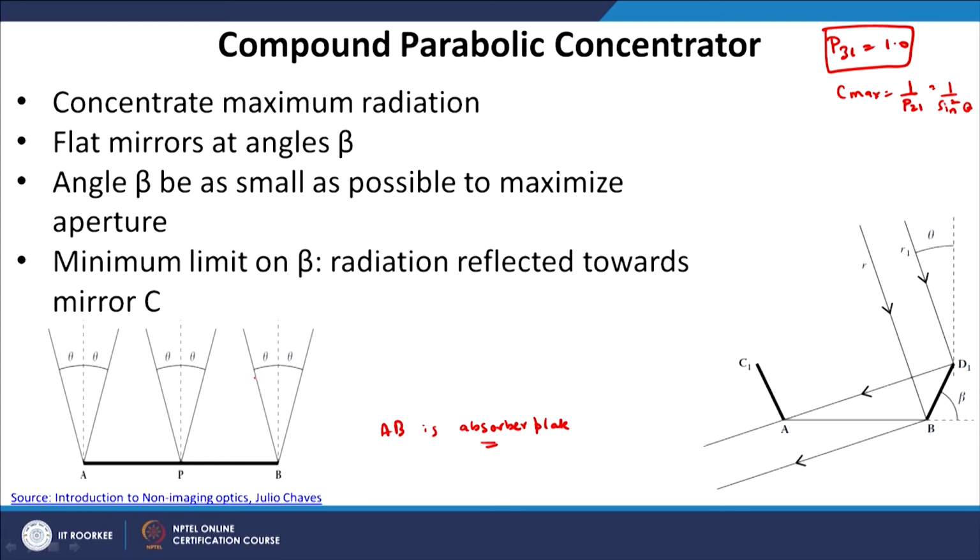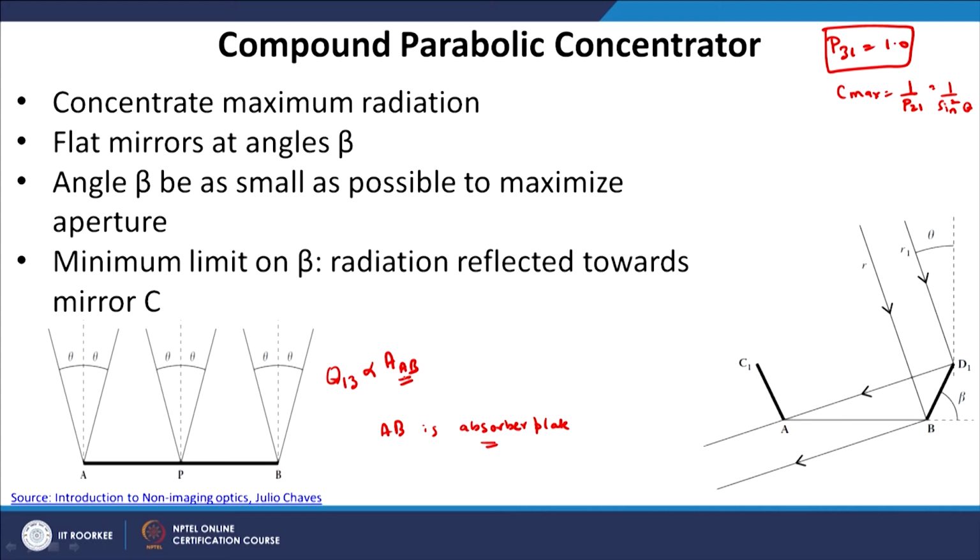Now, how do we maximize it? If we do not use any optics, if we do not use mirrors, then the total amount of radiation received is proportional to the area AB. If we directly expose this to solar radiation, then the total amount of radiation received by this absorber plate is proportional to its own area. So, in this case the irradiation or energy absorbed by this plate Q13 is proportional to the area of the plate AB. Okay. So, this is going to be very less. Normally these plates are not very large in dimensions, so this is going to be very less, and we want to maximize it.